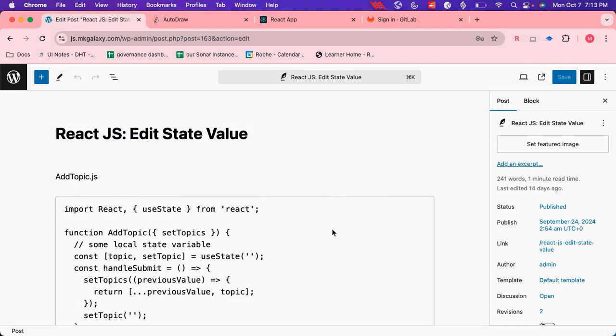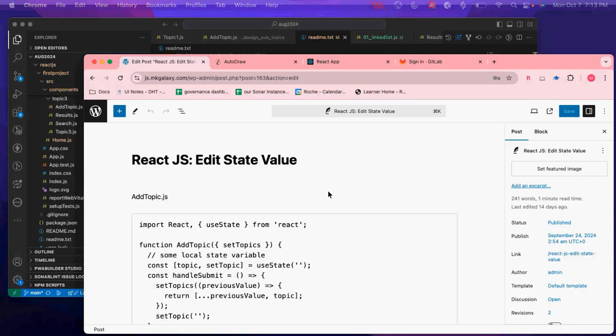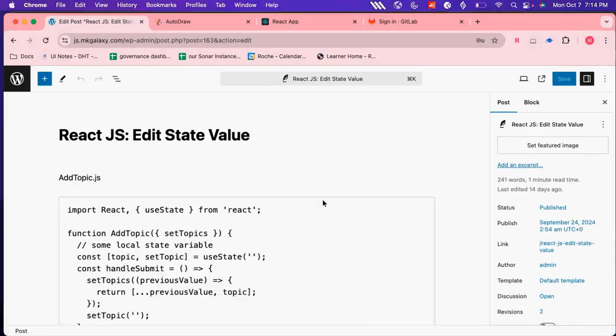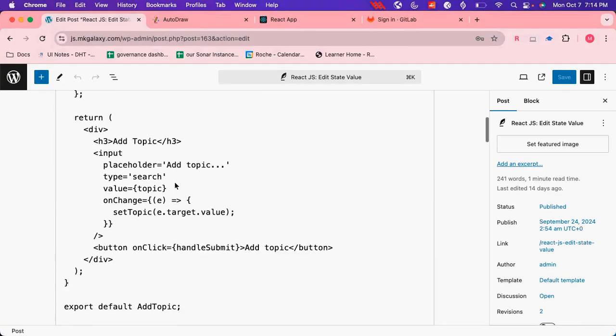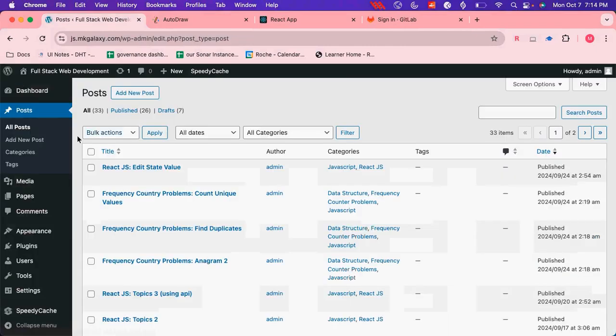I will not give you the solution of this problem. You have to solve this problem, and if you cannot solve it, just take help of Google or ChatGPT and put your solution here in the comment section. I will just give you the problem. You have to find the solution and put it in the comment section. So today's problem will be,